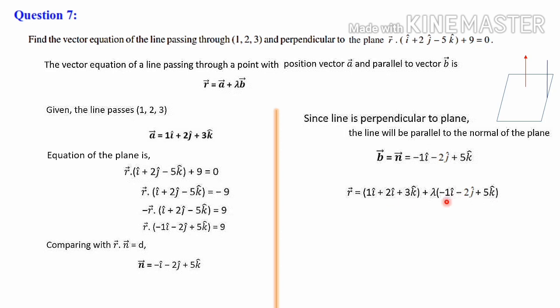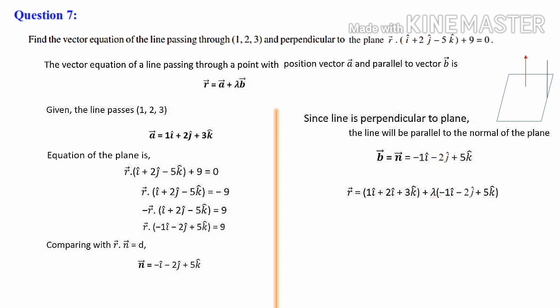But when we compare with our textbook answer, it is not the same. Here the signs are different. It is not a problem, because here we have made a little bit of arrangement, and because of that only the minus sign difference is there. Since lambda is a constant, not a problem, we can take another constant instead of lambda by taking this minus outside. So instead of lambda, I am taking k.